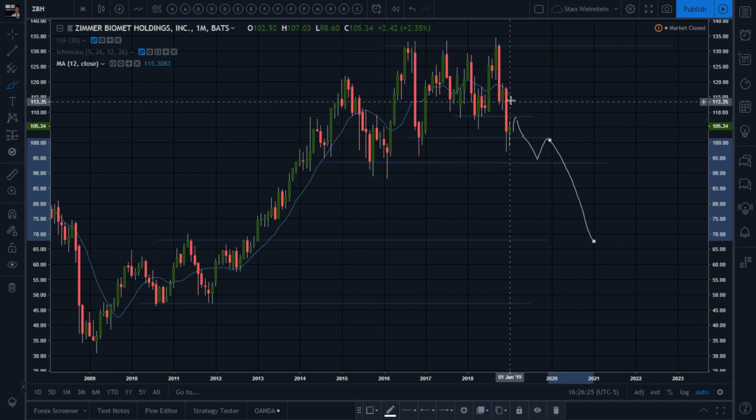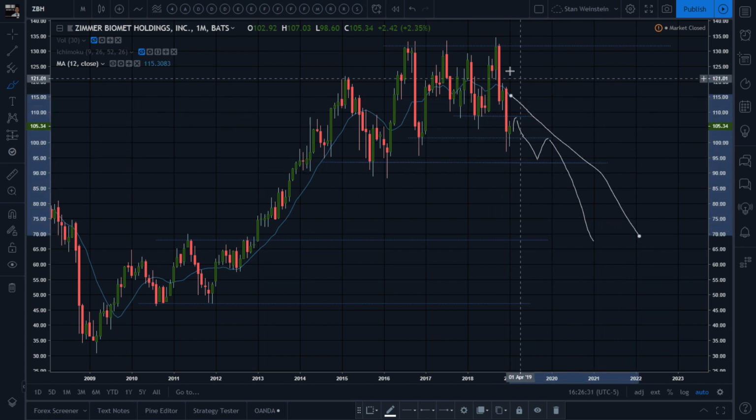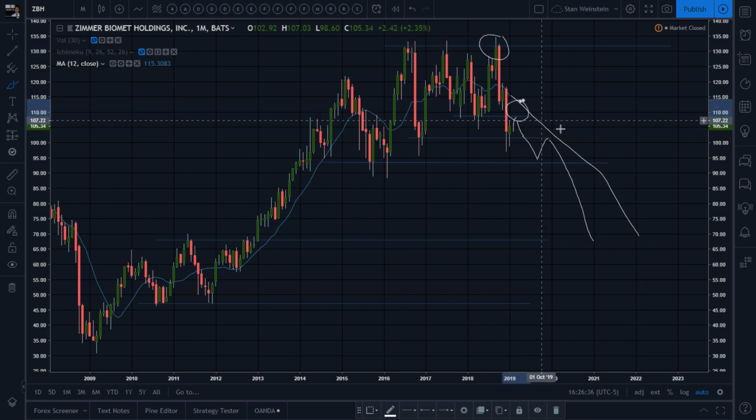By that time, what happens? Well, all that price action is below the 12-month average, so it's going to keep skewing downwards and downwards. Lower highs, lower highs, lower highs. And these lower highs, they're opportunities to short, so you could zoom in on the time frames, on the weekly,